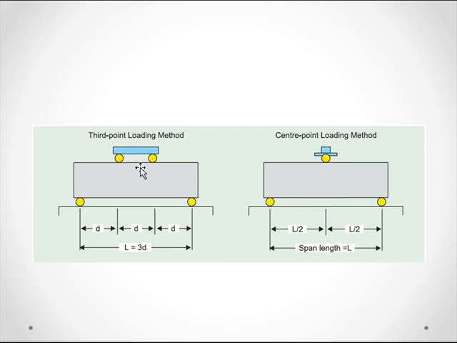The rate of loading is 400 kg per minute for 150 mm specimen and 180 kg per minute for 100 mm specimen. We have to note down the load at fracture. The fracture is going to take place, say, at some location, say from here to here. At this point, we have to note the distance from the fracture to the support.